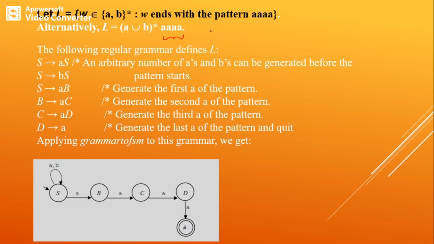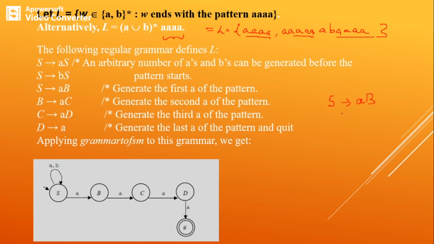So your string may start with A and B, or directly it can start with this A. So one thing you should remember: the language can contain just A or a combination, but this pattern has to end with A. Now let me write how to identify just the pattern A. Since an A compulsorily has to be there, to identify each next A we have to have a new non-terminal. Let me start with S.